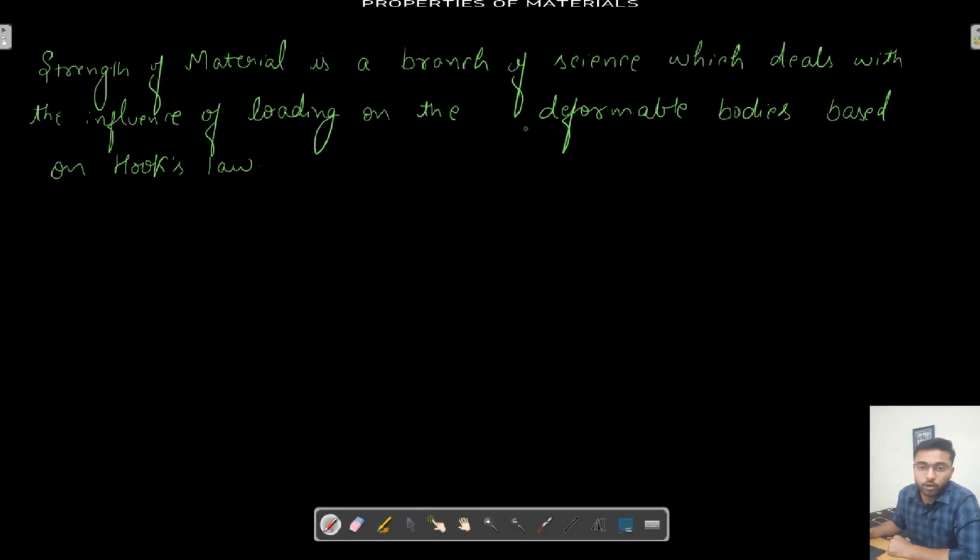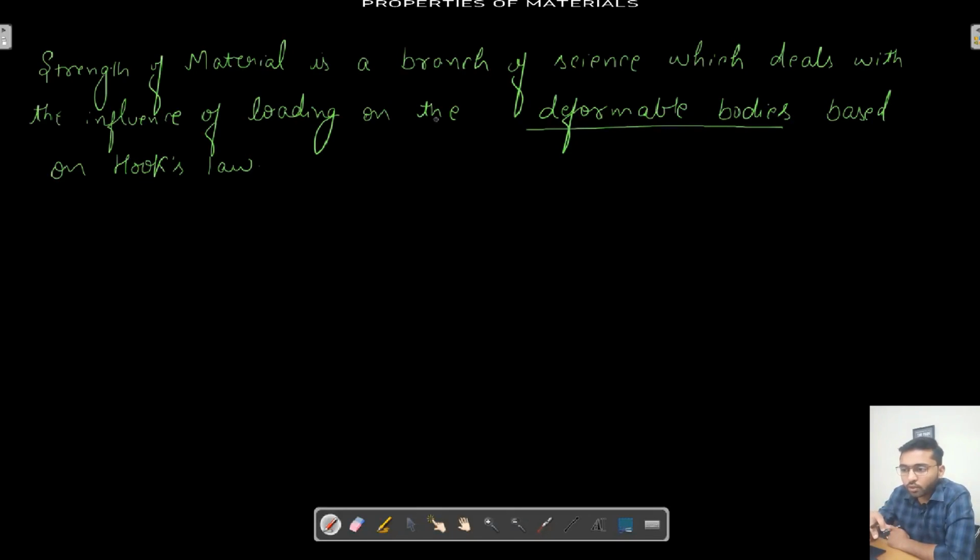On deformable bodies. Earlier in our engineering days, in our first year, we had a subject about engineering mechanics. In engineering mechanics, we all have observed that most of the studies involved were related to rigid bodies, not deformable bodies. But we all know that in practical day-to-day situations, none of the bodies is rigid. There is no such body which is perfectly rigid. Most of the bodies are deformable. Most of the bodies show some kind of deformation.